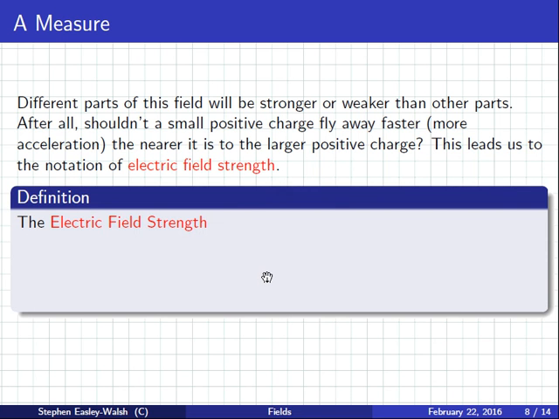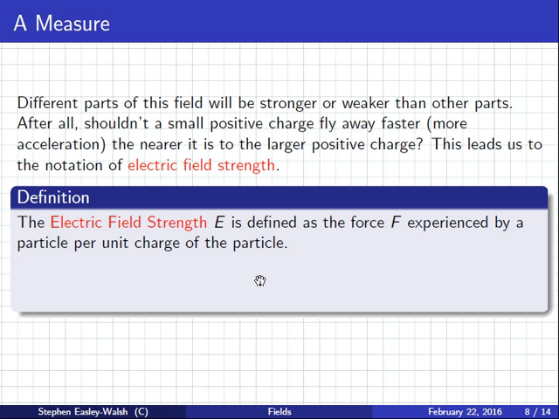So the formula for electric field strength, which we use the letter E, is the force per unit charge of the particle in the field. So basically the formula is that. Equals, for units, the force per unit charge of the particle. Yeah? So it's a simple formula, but the idea is, if the force is stronger, then we say the strength is stronger,